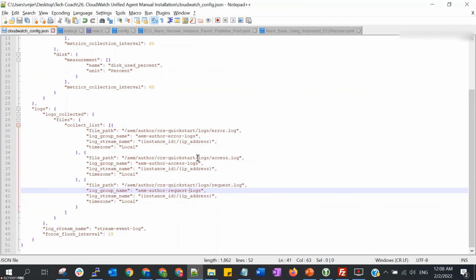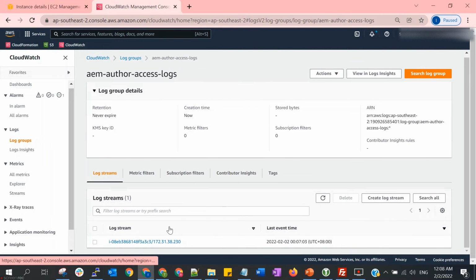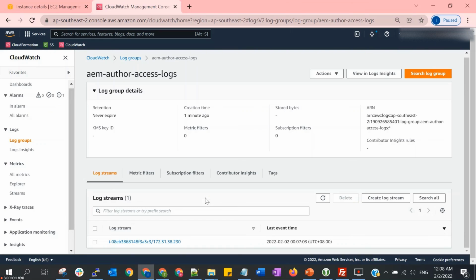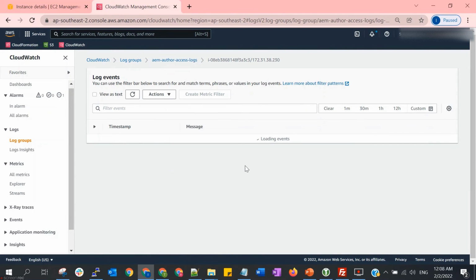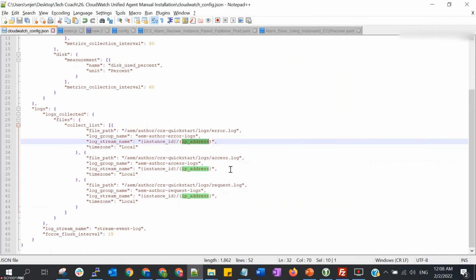If we click one of them, we can see the log stream. The name is the instance ID and IP address, which is this one, and we can see our log is pushed to this log group.